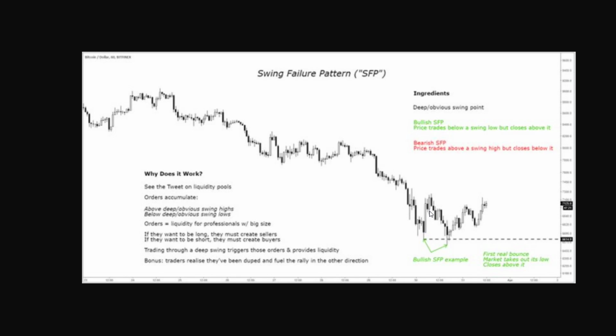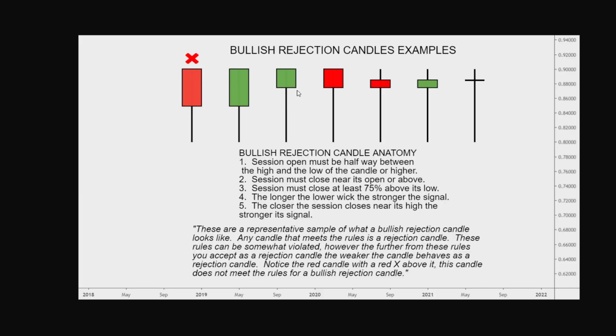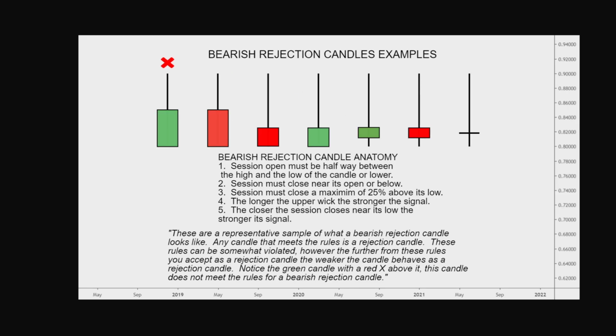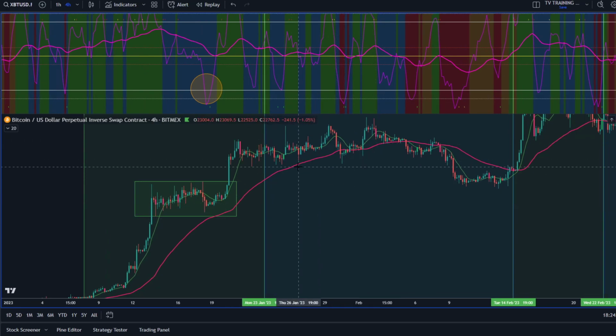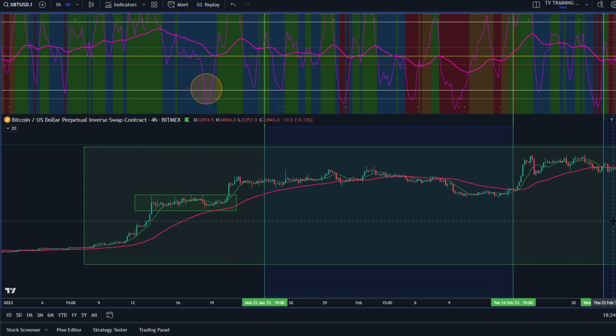Even though I'm not going to talk a lot about it, these are the things that we want to combine a little bit. You would like to combine a rejection candle along with a support, along with a reset on FSR, and suddenly you have a lot of edge there. Okay, very simple. Rejection candles. What do they look like, right? And something that gives you obviously a nice move up. You can look this stuff up for yourself, right? It's readily available on the internet. Bearish rejection, etc. So just found a couple examples really quickly for you guys. Now, I'm going to come back to this because I started already to show you green, blue, and I'm going to show you some more of that in a minute.